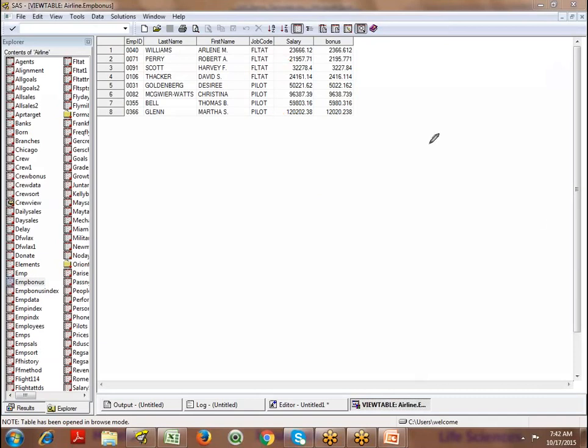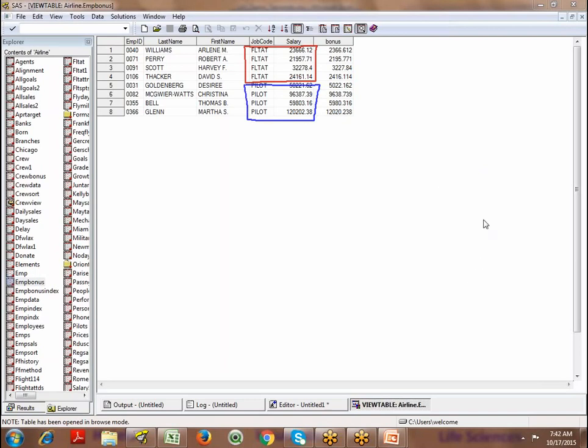Now I would like to know in FLTAT what is the minimum salary. So the user would like to know flight attendant. What is the minimum salary paid in flight attendant? Then I would like to know the minimum and maximum salary paid in pilot.